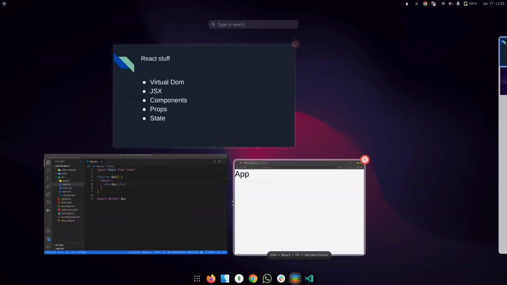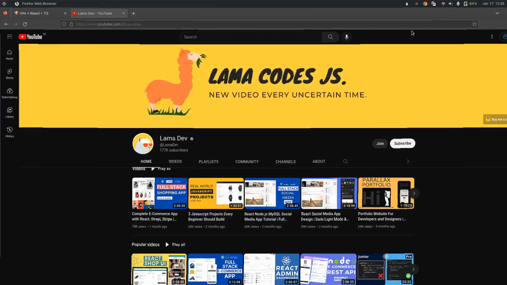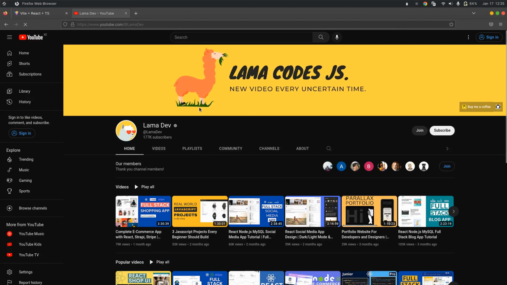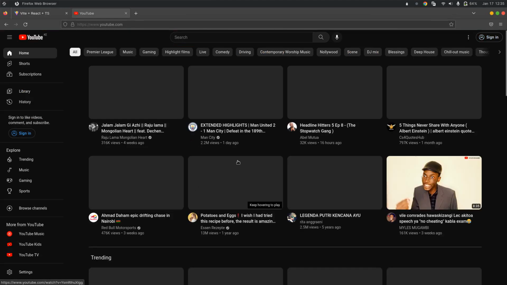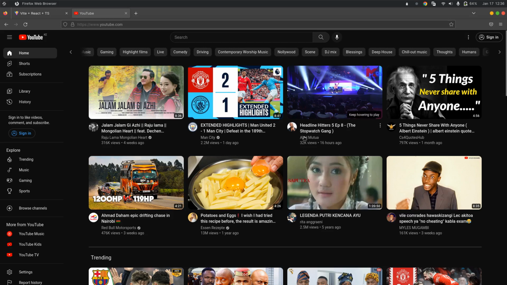If we take the scenario of building an application, you'll have an app. Let's say, for instance, YouTube. If you go to YouTube, you'll see a variety of items: the sidebar, the scrollable section, the search, and these so-called cards.